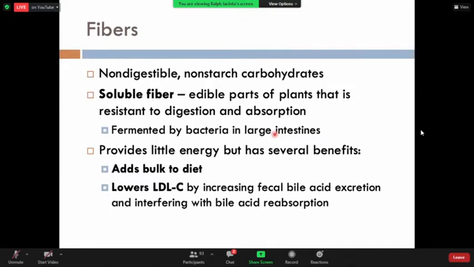Okay. So in other books, this is what we call your prebiotics. Are you familiar with prebiotics? Yes. So prebiotics, generally these are your fibers because they cause the proliferation of our good bacteria in our colon. Now take note, it does not give us energy because it's not broken down, but rather its main purpose would be the following. Number one, it lowers the LDL in our blood by causing excretion of our bile acids, and at the same time, it also provides bulk to our diet.